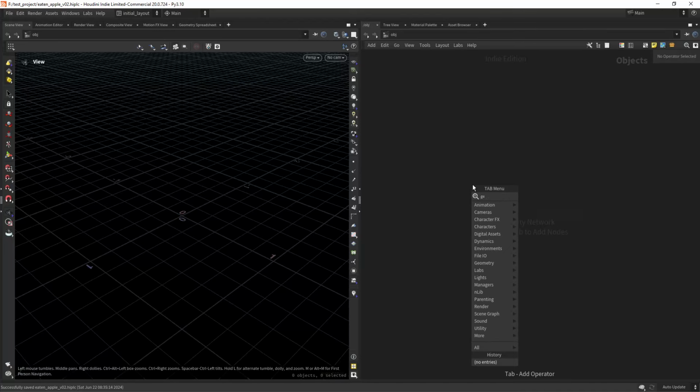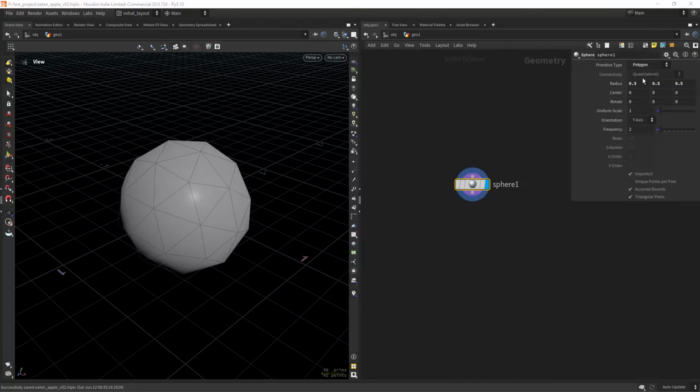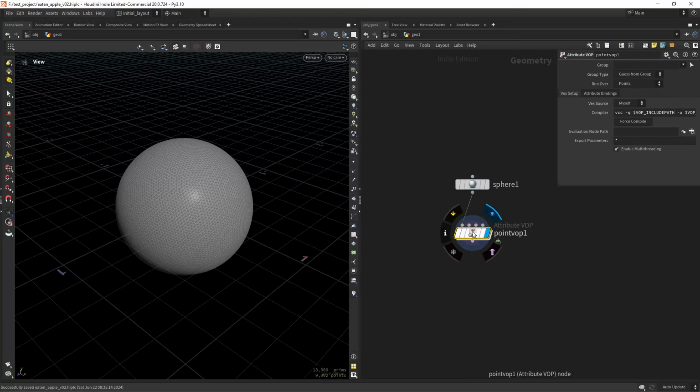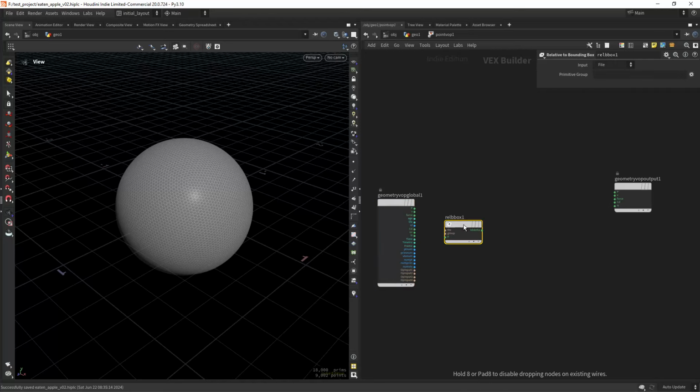So as always we start with a geometry container. Let's drop a sphere, and we will make it a polygon and a frequency of 30. Now we want to create a mask for the top and bottom part. So for that let's use a point VOP, and we will use the relative bounding box and the Y component, so vector to float. And let's check the Y component,